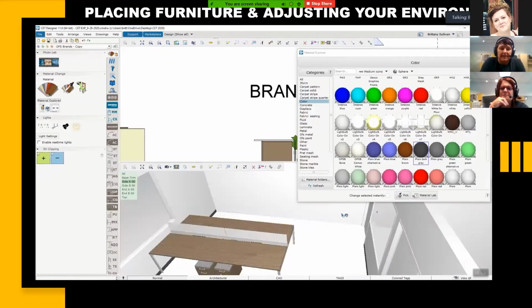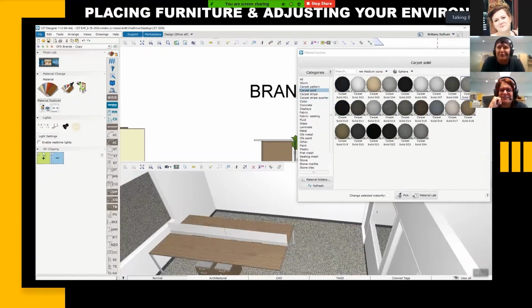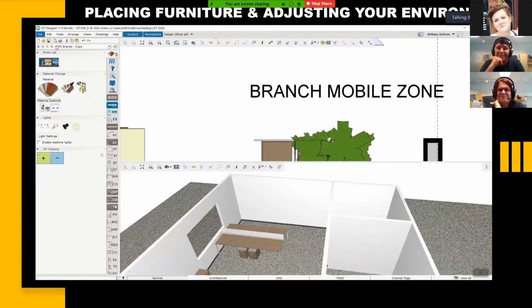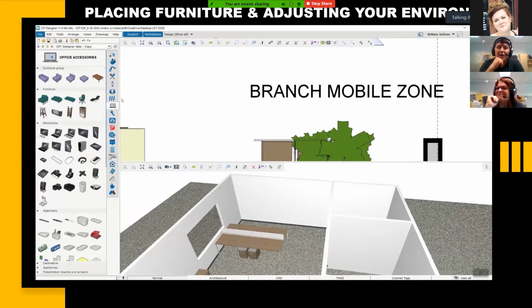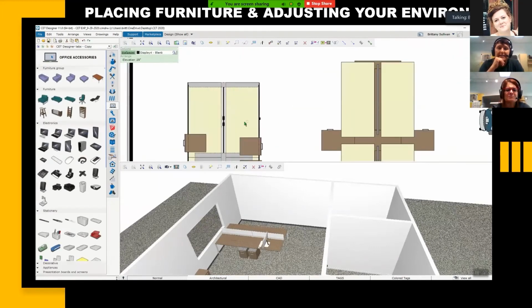I don't know about you guys, but I've been in the doctor's office recently, and I look at baseboards and door heights, making sure that I'm drawing things properly so they look realistic. You can also go in and change your carpet. And then one of the other big things that we really like to put in is going to this office